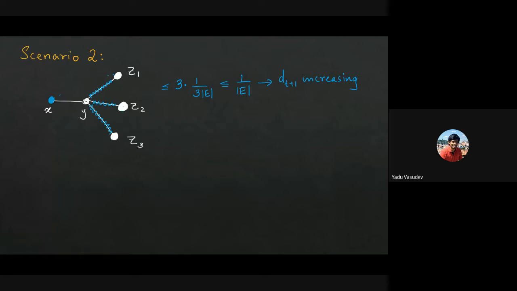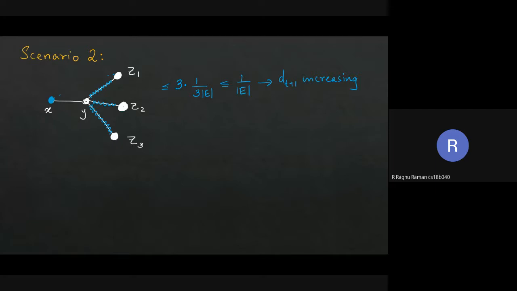Now what I want to say is that there are corresponding moves which will also make dt plus 1 decrease, so that in effect, when you do the expectation and you look at the expectation sum, the sum is going to go to 0. Okay, so what are the moves that will decrease the value of dt? What are the choices that will decrease the value of dt?